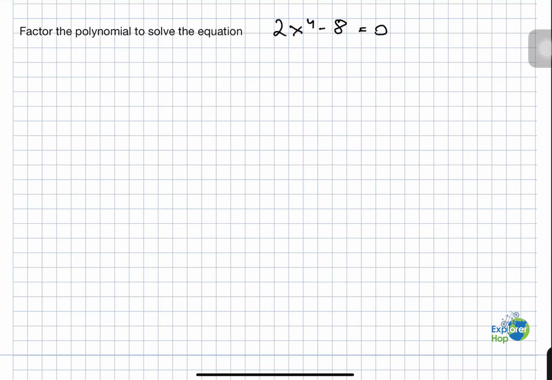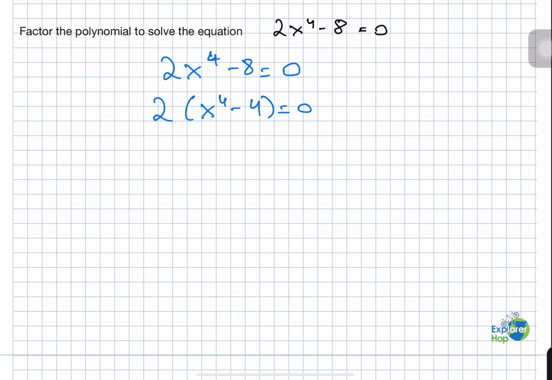Today we will be factoring the polynomial to solve the equation 2x to the power of 4 minus 8 equals 0. So let's write down our equation, 2x⁴ minus 8 equals 0. To solve this, the first thing we should do is take out 2, and then we have x⁴ minus